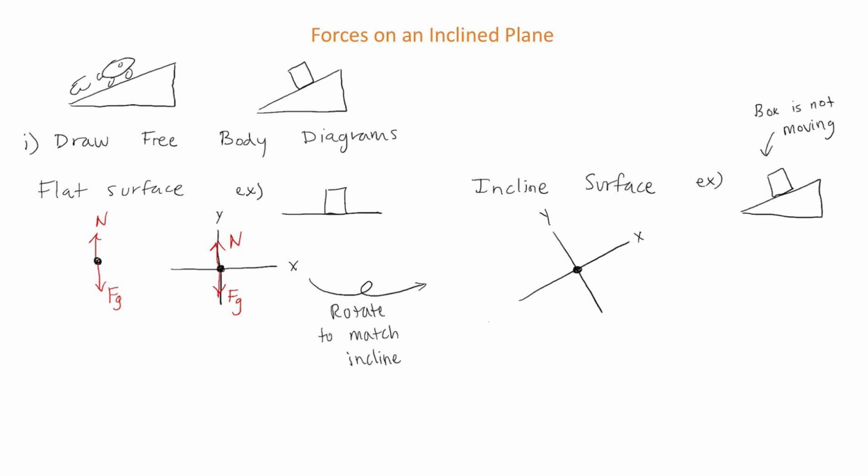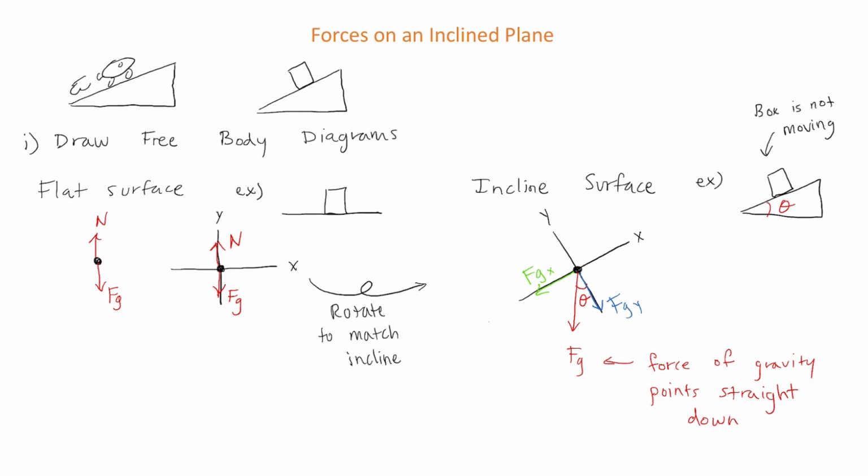The first force that I will draw is the force of gravity. What I hope you notice is that the force of gravity points straight down. This is how you will always draw the force of gravity, because the force of gravity always points straight down. Our inclined plane also has an angle, and if we want to represent this angle on our free body diagram, we have to draw it right here. Because the force of gravity vector is at an angle, we can break the force of gravity into an x and y component. So we have the y component of the force of gravity, Fgy,